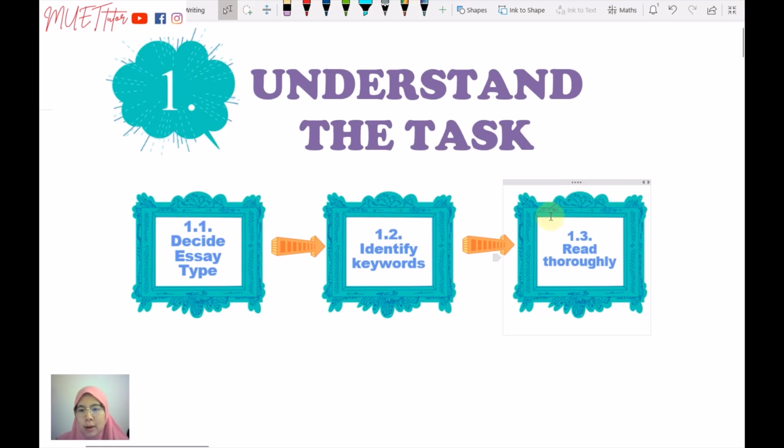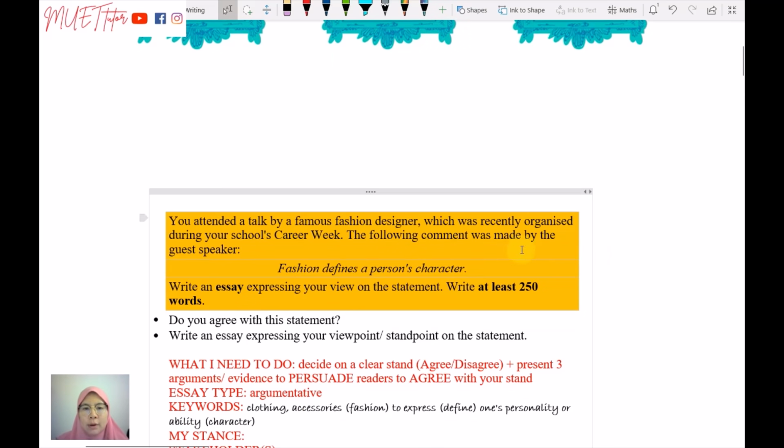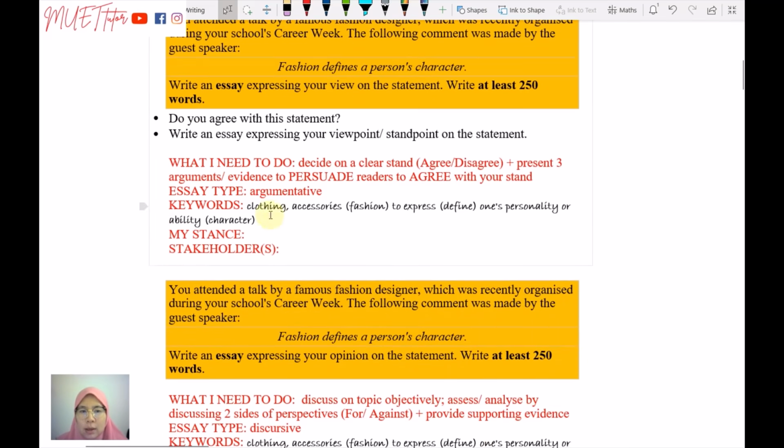For the third sub-step, read thoroughly. The first segment of the question tells you the scenario, and the second segment tells you the issue that you're expected to talk about. It's important to address all parts of the question. I suggest that you ask yourself these questions. What is my stance? And in the case of problem solution essay,